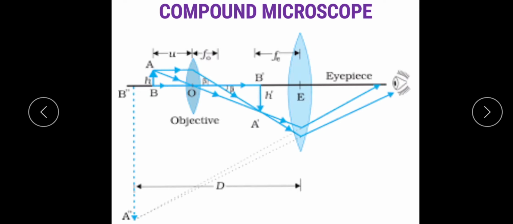Here, again, there is the definition of the magnifying power of a compound microscope. According to this, it is the ratio of the angle subtended at the eye by the final image to the angle subtended at the eye by the object, both placed at the least distance of distinct vision. So that is the definition of the magnifying power of a compound microscope, M equals